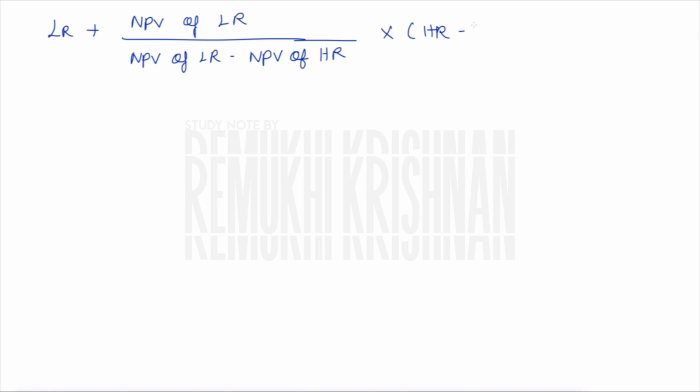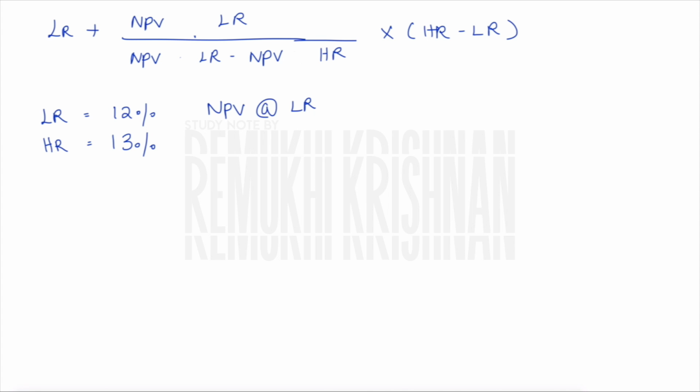Here it is not "off", it is net present value "at" a rate. I'm just going to find the value at that rate. So these are the things we require: lower rate and higher rate. Already I found the lower rate and higher rate with the help of the table. And now I'm just going to work out my net present value at lower rate and net present value at higher rate. It is so simple. Let us find the net present value at the lower rate.